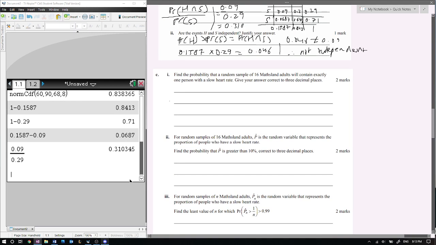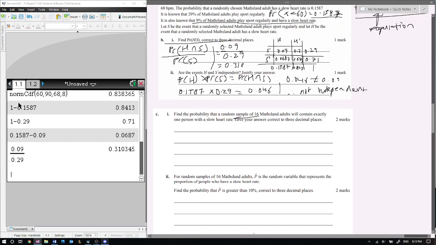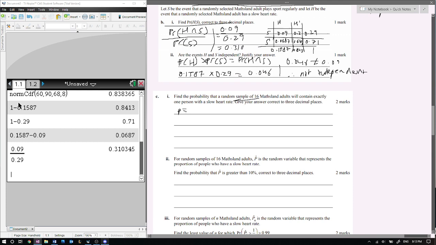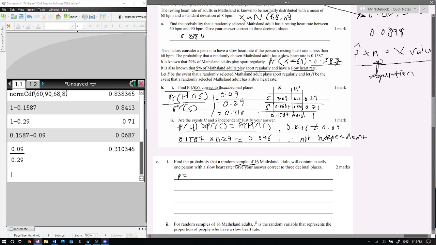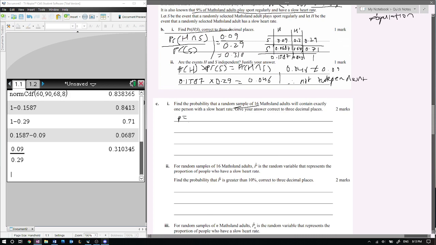Find the probability that a random sample of 16 Mathsland adults will contain exactly one person with a slow heart rate. So I'm thinking binomial probability instantly because I'm given a sample size, the number of trials, and the p is also known because I calculated it before. The probability here is for slow heart rate, and slow heart rate is 0.1587. So p is equal to